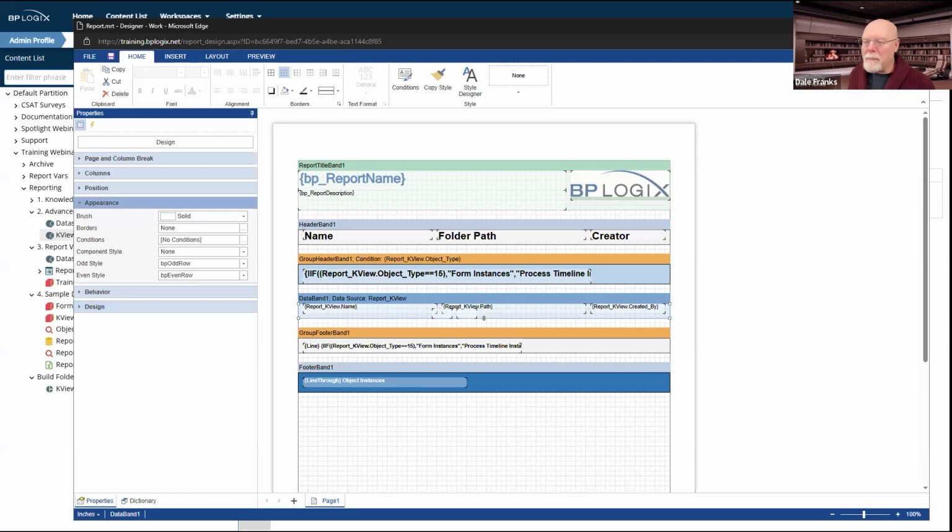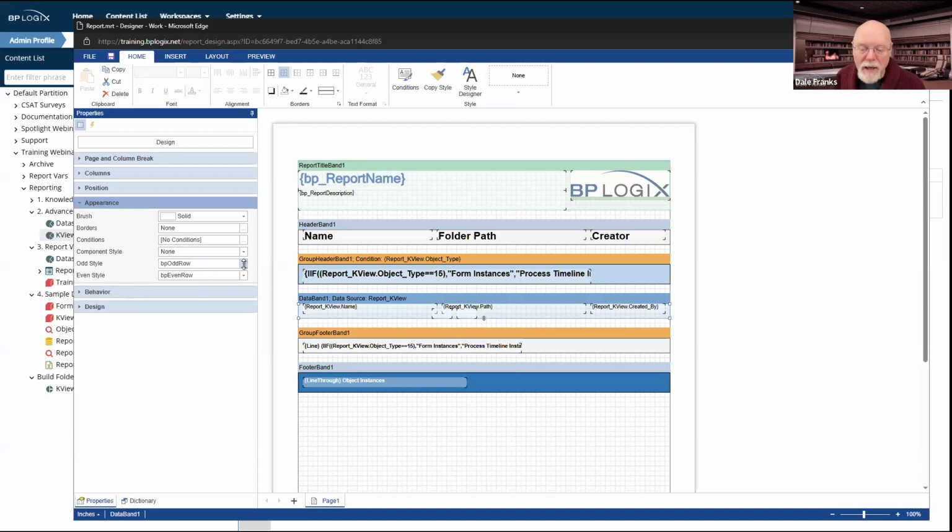and we go to appearance, there is an odd style and an even style appearance property. Now, we actually have some built-in styles that we created here at BP Logix, called BP Odd Row and BP Even Row. So the odd style is the style in which I want to display odd numbered rows of my data, and the even style, of course, is for even numbered rows.